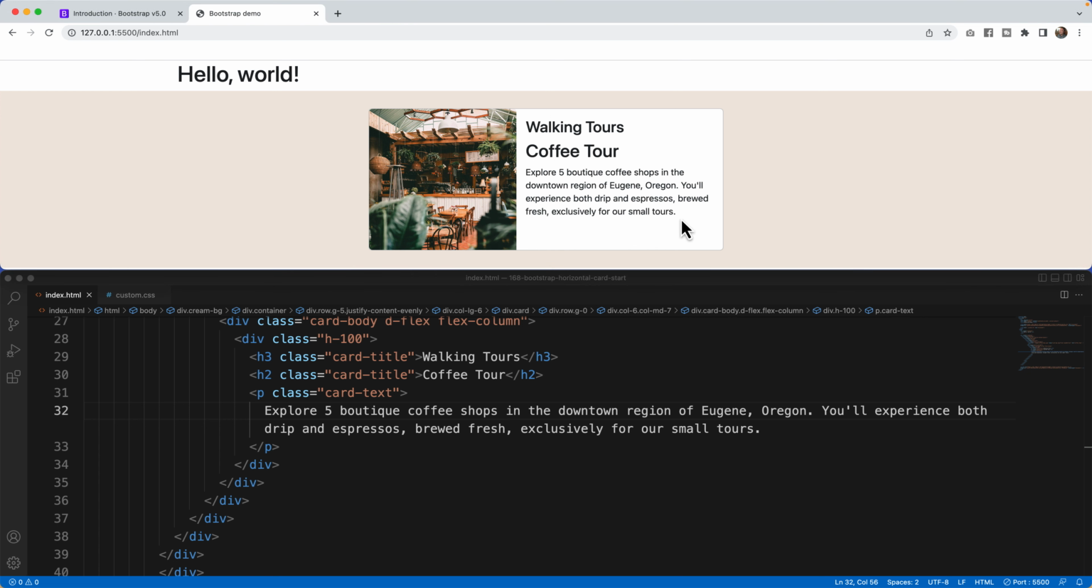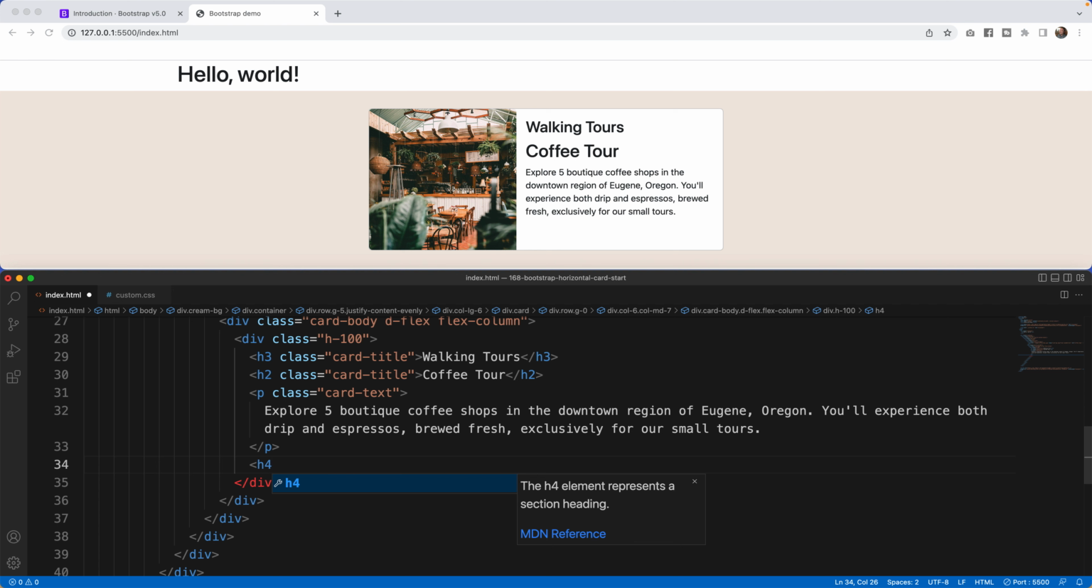And of course, the last two are the price and the actual button to buy this tour. So after the paragraph, I'm at an H4. Rarely use H4s, but they do show up once in a while. The class is going to be card title. I'm going to give some extra margin space below because I'm going to add a button. So I'll say